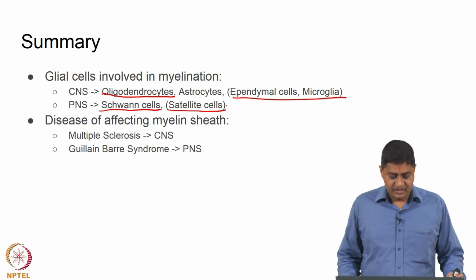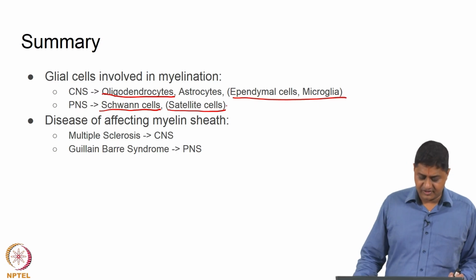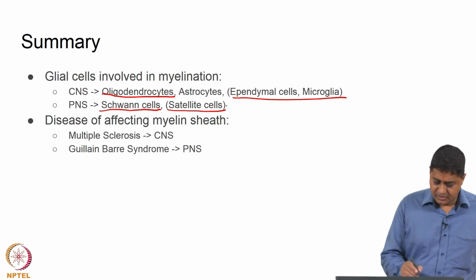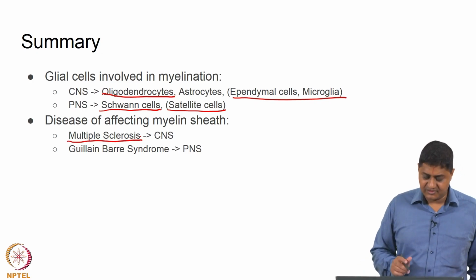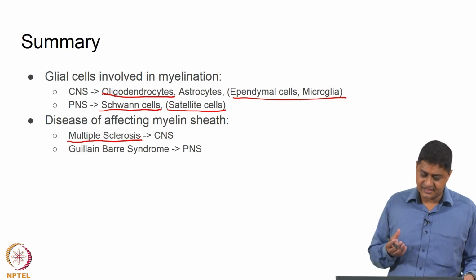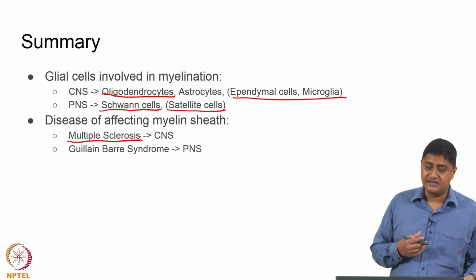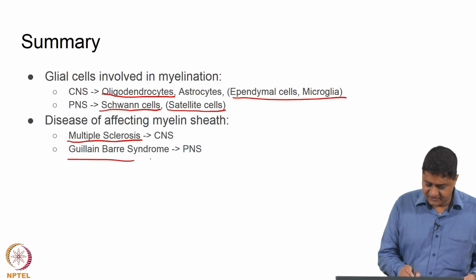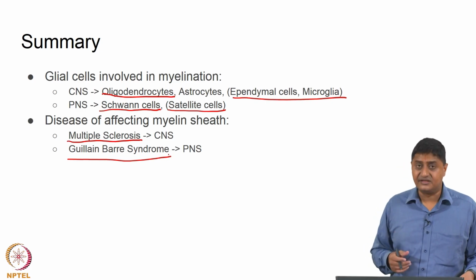And if the myelin sheath is compromised for whatever reason, usually due to an autoimmune reaction, right, you have multiple sclerosis in the central nervous system. If the axons in the central nervous system have their myelin sheath affected due to an autoimmune reaction, it leads to multiple sclerosis. If in the peripheral nervous system the Schwann cells and their integrity is compromised for whatever reason, it leads to